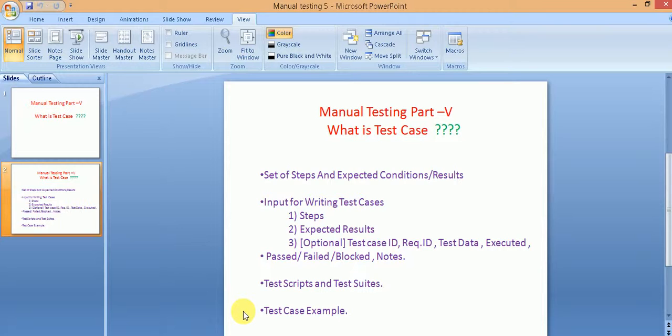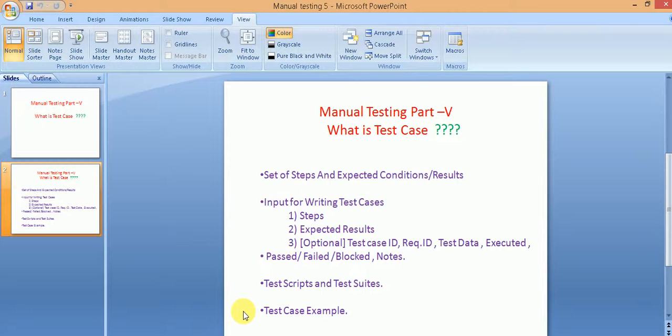Now when you study all of these, then you will come up with test ideas as to what kind of test you should perform. Just coming up with an idea is not enough, because you need to spell it out in detail exactly what steps you will perform, and after each step what your expectation is, what the expected results are that you wish to see in the system if the system is working correctly. So that is what is documented in the test case.